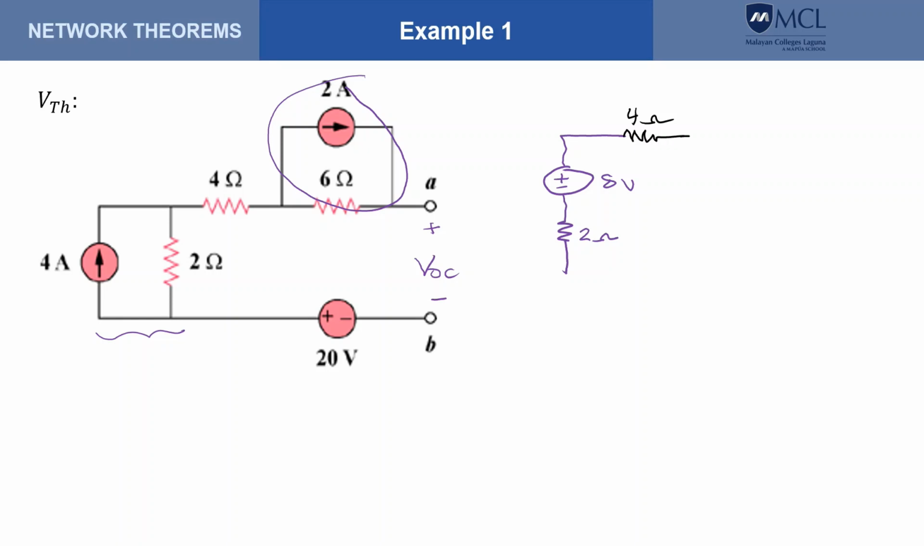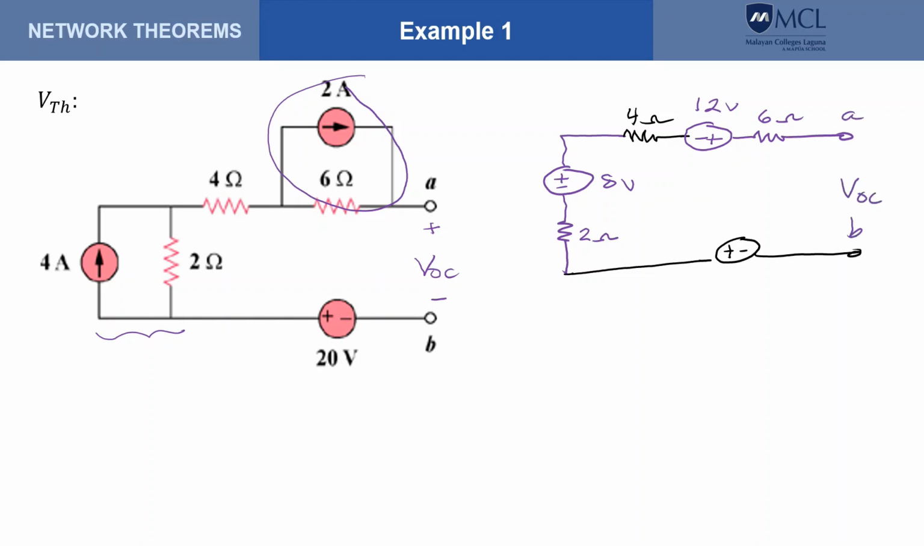And the other pair, 2 amperes and 6 ohms, we can draw that as a voltage source also with a plus here. And this is our resistance, where this is 6 ohms. And the voltage is 12 volts. Okay, so this is our 20 volts here. So this is plus minus, and this is A here and B here. So this is our VOC,